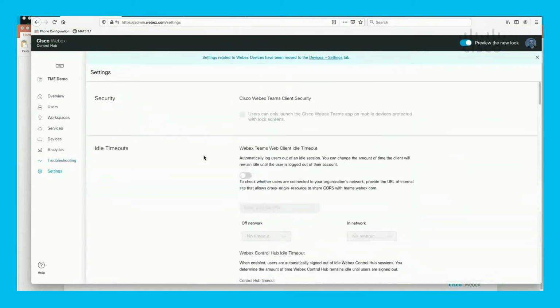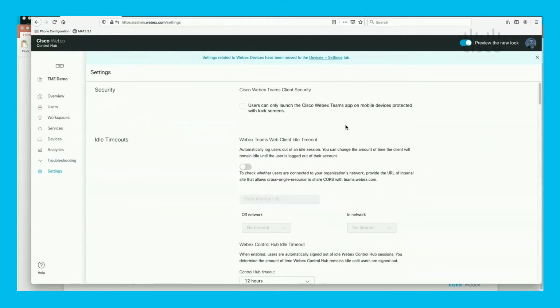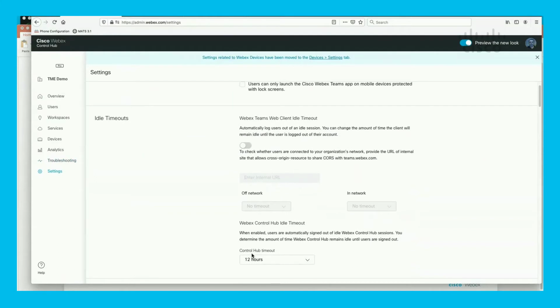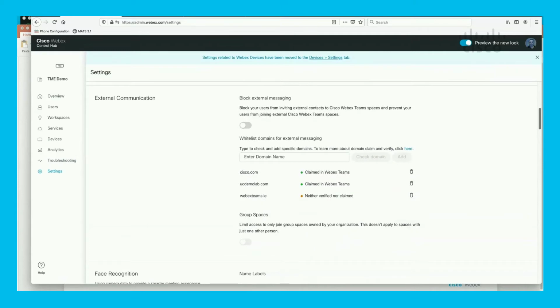So if I go, for example, and look at the security settings, you can enforce the fact that mobile apps can only launch WebEx Teams when you have a lock screen, right? So that is one of these policies. There's also the idle timeout, in terms of how much idle time you allow before you time out either Control Hub or the client itself. Now, one of the ones I want to demo for you next is this blocking external communication and